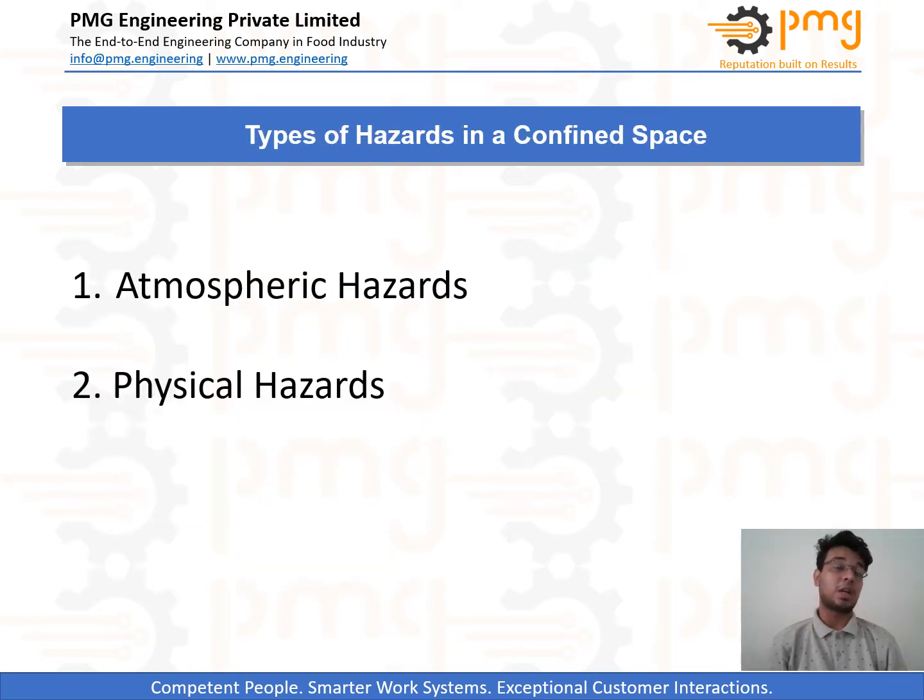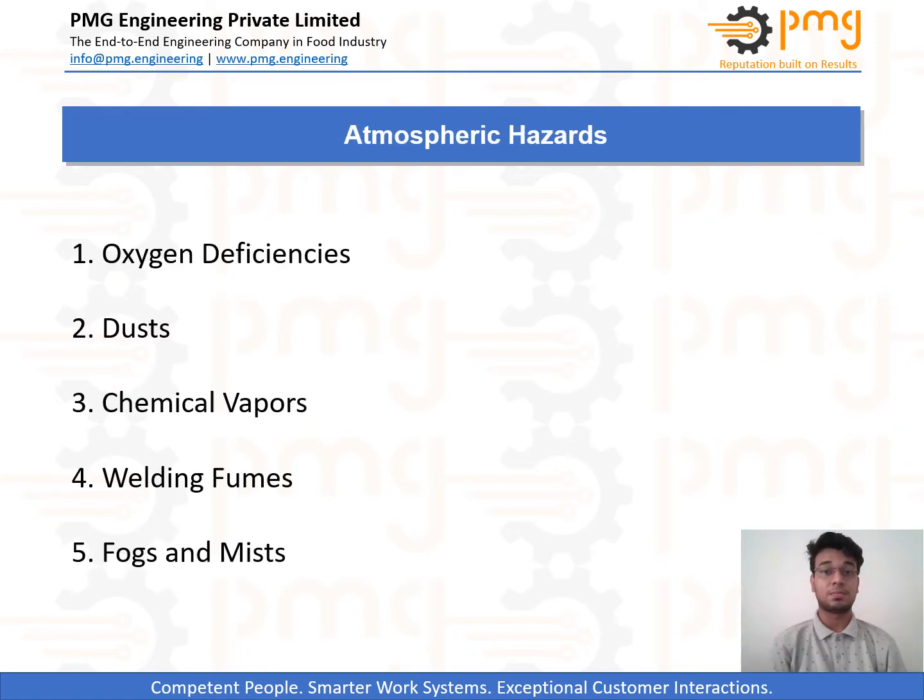Let's look at some of the types of safety hazards one may encounter when entering a confined space. These hazards can generally be categorized as either atmospheric hazards or physical hazards. Atmospheric hazards include things such as O2 deficiency, dust, chemical vapors, welding fumes, fogs and mist, and toxic gases, that can interfere with the body's ability to transport and utilize oxygen, or that have negative toxicological effects on